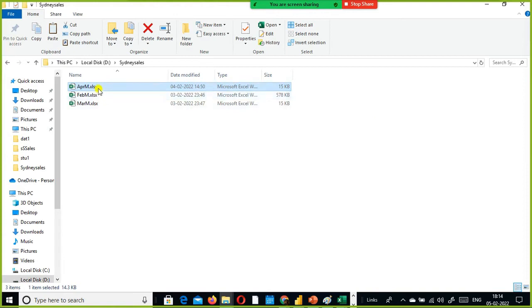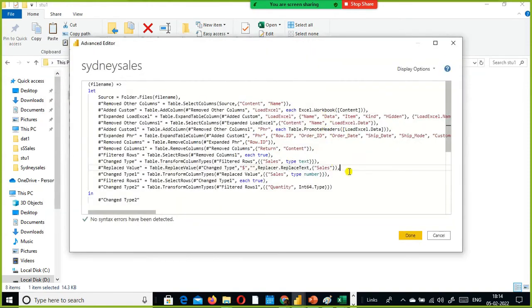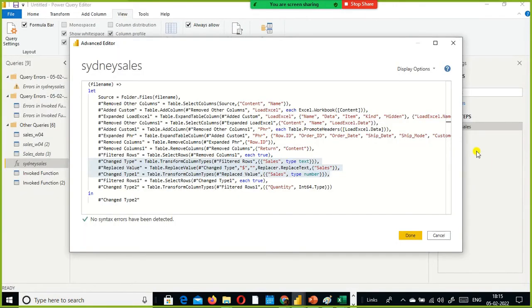So either you can remove this from here because you have the backup, and then you notice the issue. What you do is proactively you can convert it to text, then replace the dollar with the empty string, and then convert it to a number type. These 3 steps you need to do for quantity. This is one simple shortcut. But if you say no, we cannot afford it, the availability is very much important, because 1 record got.